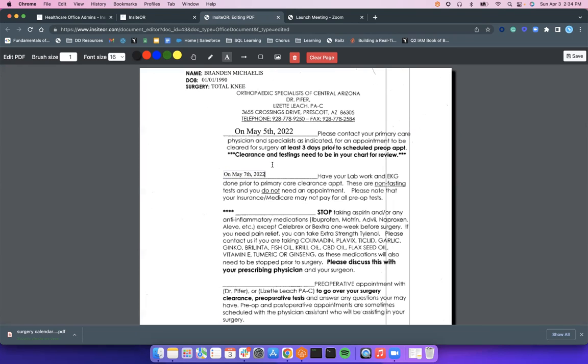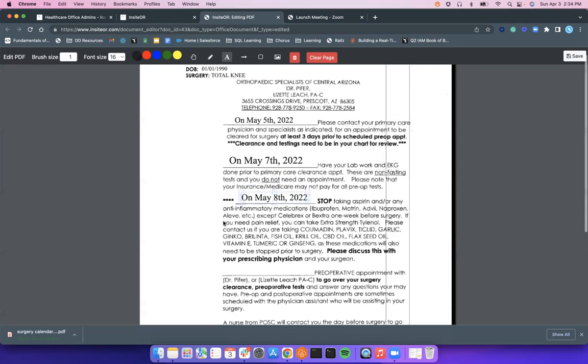Add that text box, write or type your text in, change the size as desired, and then go back up to that A menu option, click that menu option, and then click where you'd like to add the new text box. So you can see this makes it super easy to create legible, simple, visible dates that this patient needs to